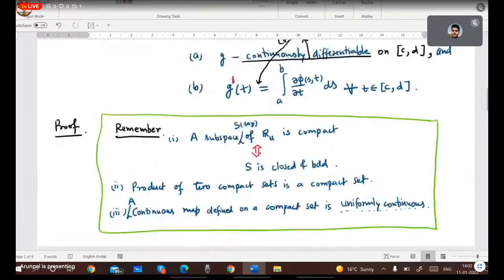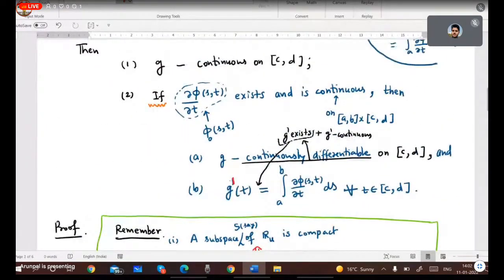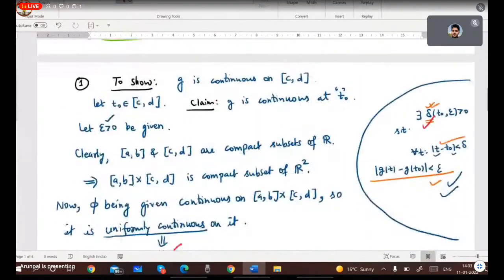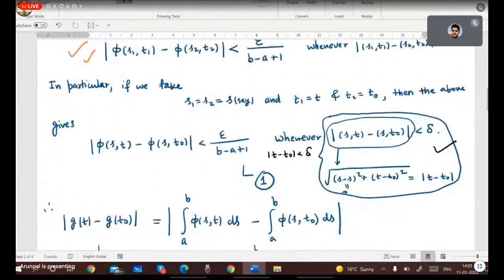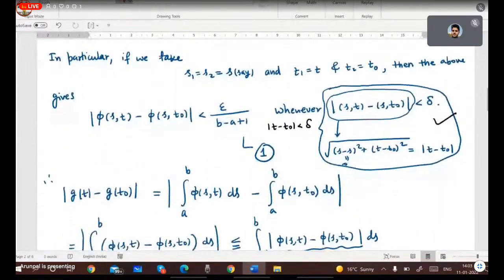Now class, take a note that instead of phi, if I use phi naught, then we know that phi naught is also given to be continuous on this. So similarly, I can say that phi naught is uniformly continuous on this. And similar information I can write about phi naught also. In fact, I am talking of number one. I can write this number one for phi naught also, class. Is this okay? Because phi naught is also having the same properties as phi is having.